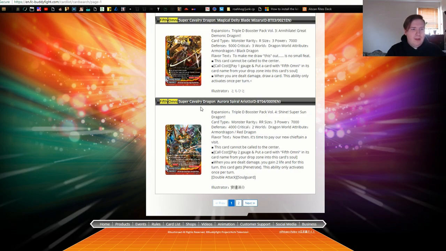I don't know why they changed names from size 1 to size 3, but he's pay 2 gauge, put a card with Fifth Omni in its card name from your drop zone into its soul. The reason that this guy is never going to be a 4-of in my builds is because it requires a setup. This guy cannot be your first Fifth Omni unless you have a million other cards. So it's sort of hard to do, but I always like him as a 2 to 3-of